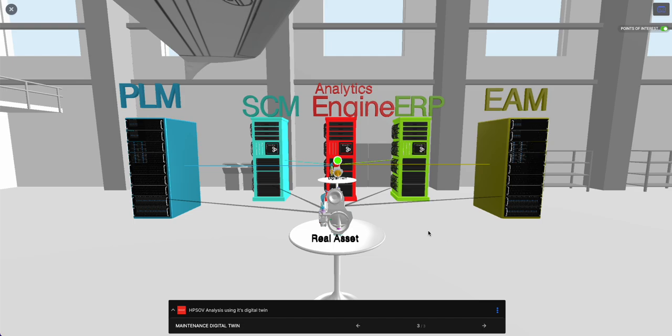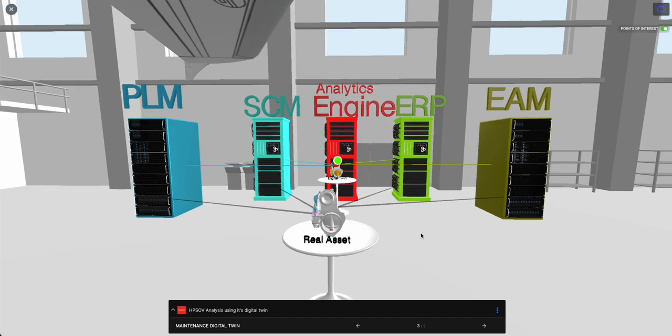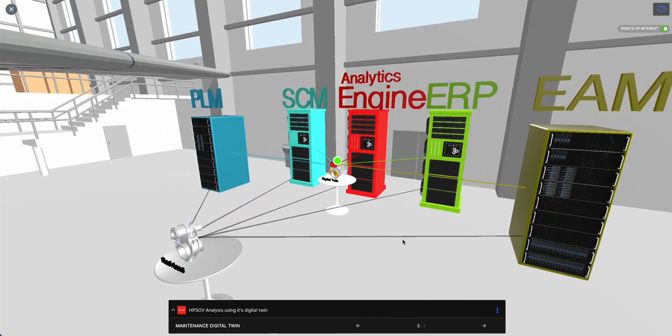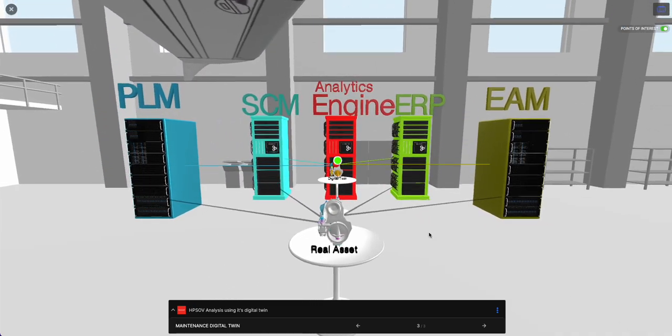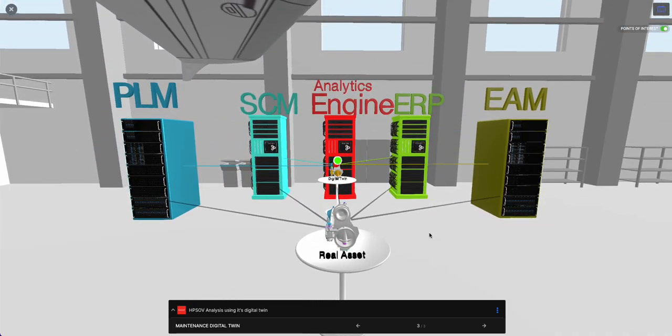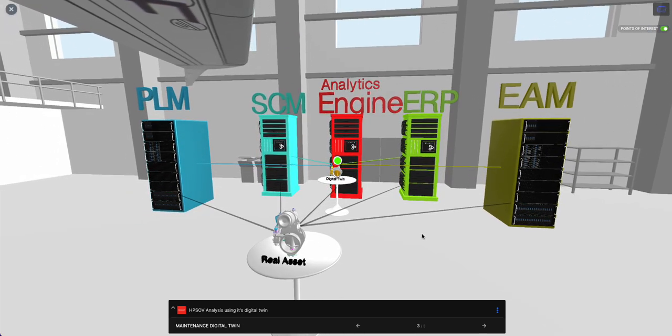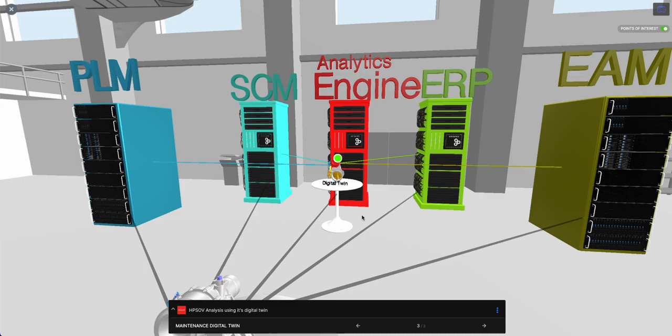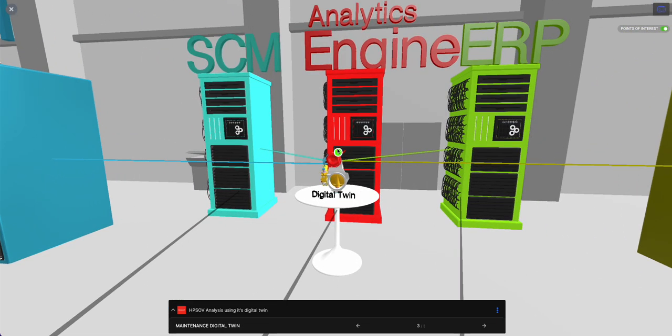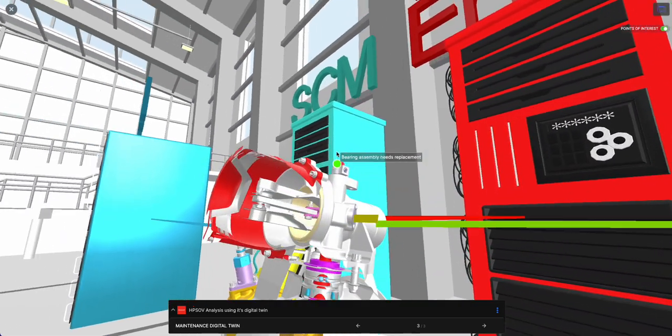Fabrics Digital Twin will pull data from services below: analytics engine, field problem identification from flight information; PLM, model-based definition, service bill of materials, and engineering bill of materials; EAM, asset maintenance and replacement information; ERP, procurement information; SCM, parts availability, and alternatives. Based on the root cause analysis of the field problem, the issue identified is the solenoid overheating due